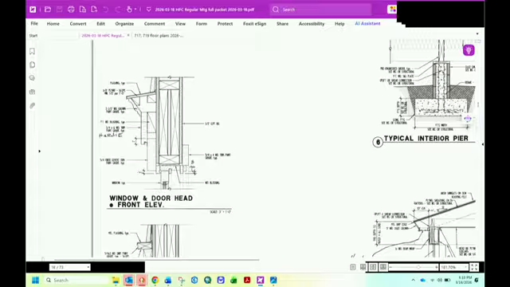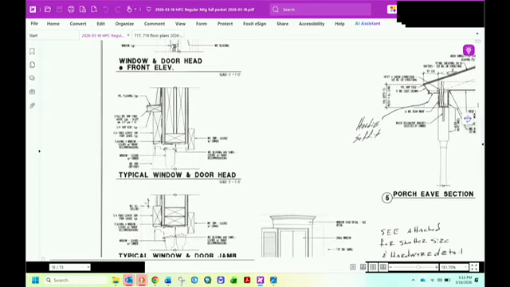There's then this trim piece that's labeled as hardy board, 5/4 by 6, and then a 5/4 fiber cement trim below that for the actual trim around the doors and windows. Then typical window and door head.